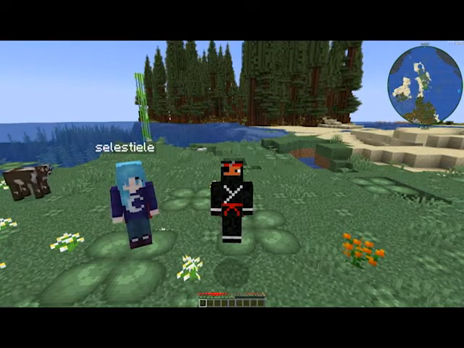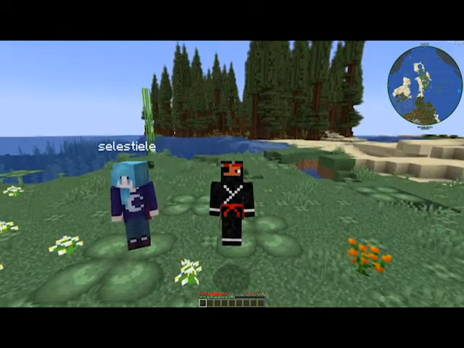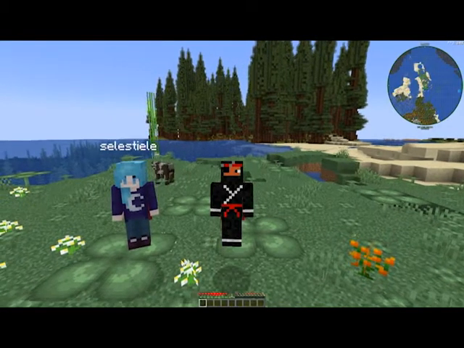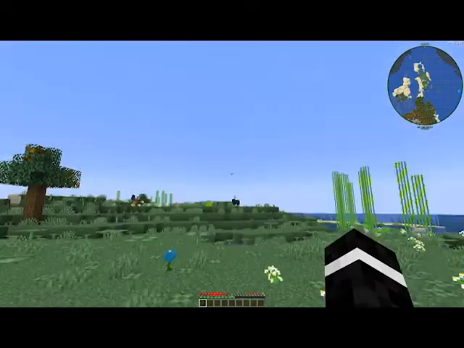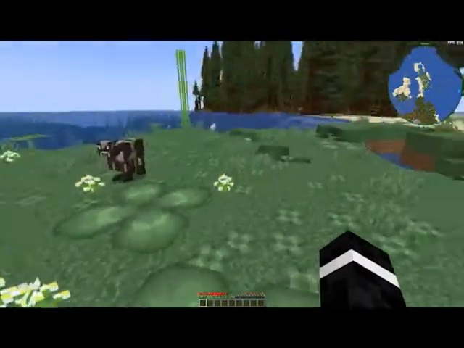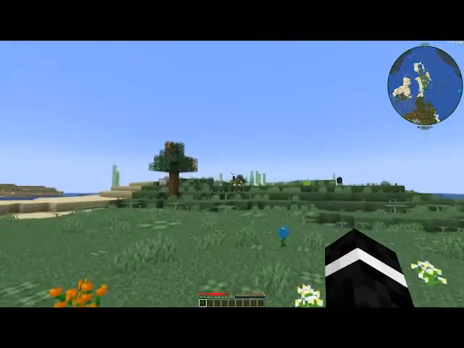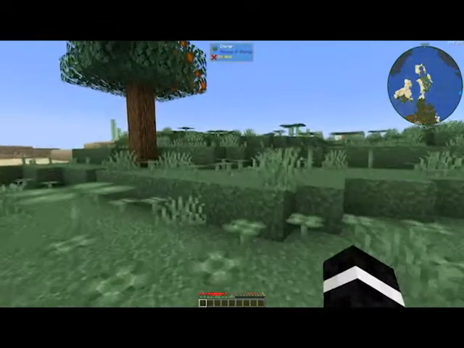This is the All the Mods 7 mod pack on Minecraft 1.18.1. So it is, as of this recording, the most modern version of Minecraft. Alright, I'm going to get out of F5 because it's hard to control. And yeah, so we've started on this nice little island. We already have a wandering trader. So yeah, first things first, when